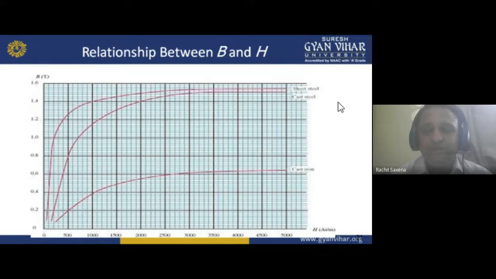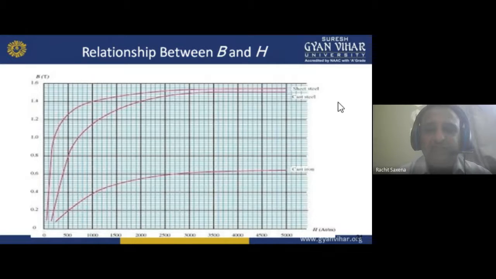So students, in a transformer, basically we make the core laminated. Why? We want to reduce the losses, that is the eddy current loss. Fingering, in the previous lecture I told you about the fingering. So that is the eddy current loss. Basically some part of the flux moves into the body of the material, the body of the core we can say. But instead of the body, we want the flux to be mutual between the two coils, but there is some leakage. So that leakage is the eddy current, or we can say the fingering.